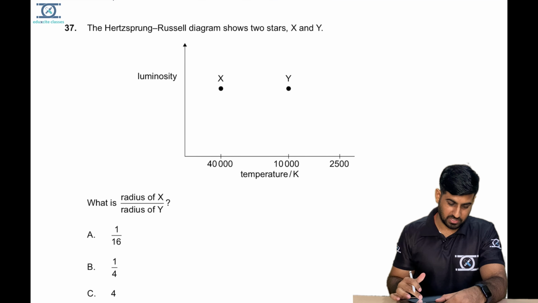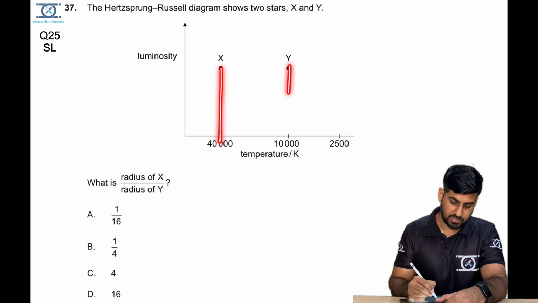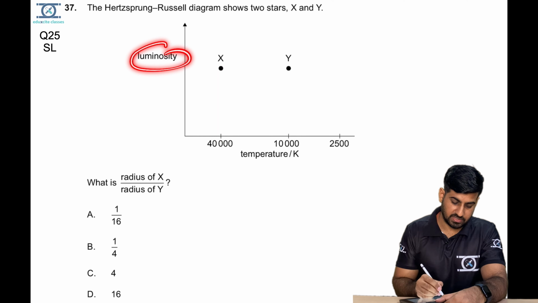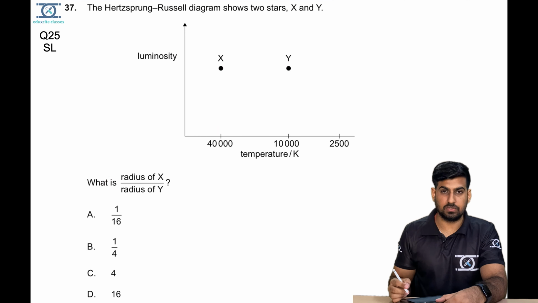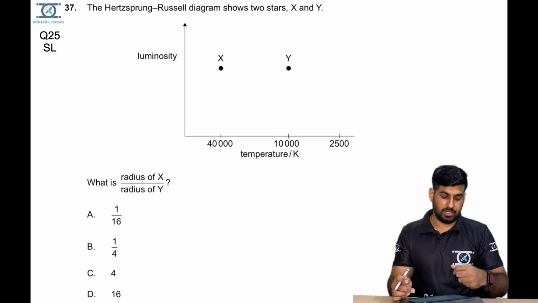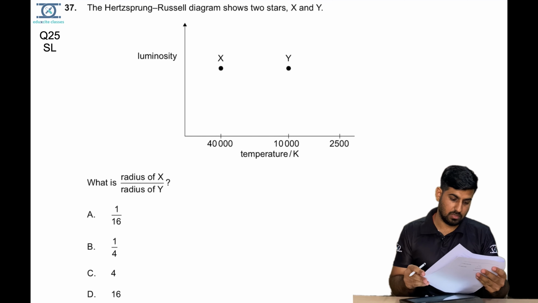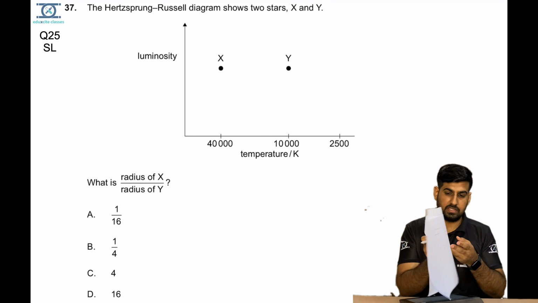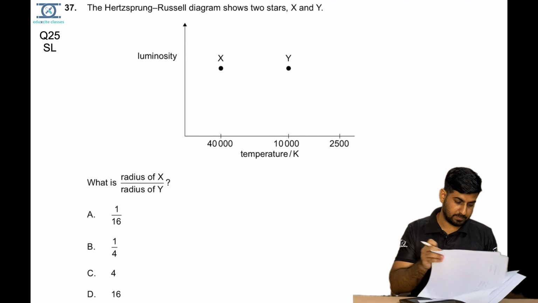Okay. Question number 37. There are two stars X and Y and an HR diagram is given to you. So X is at this temperature, Y is at this temperature, luminosity is constant. What is the radius of X to the radius of Y? So there is no worry, there is a formula given in your data booklet. I will let you know. The luminosity formula is given, sorry, this is given in,